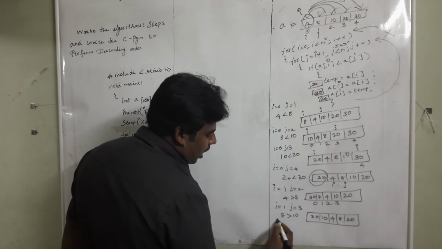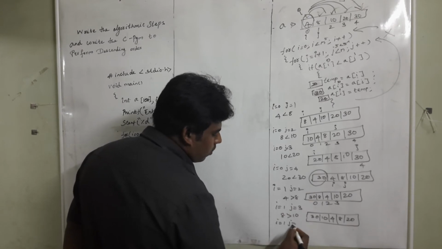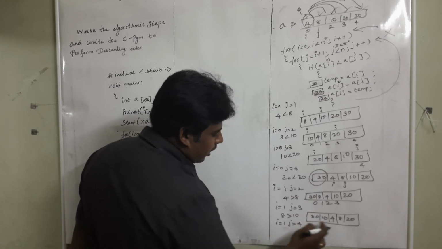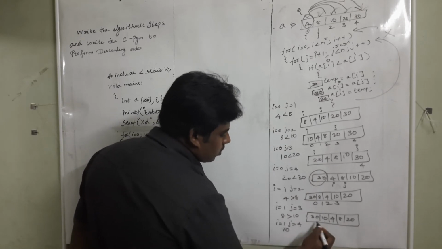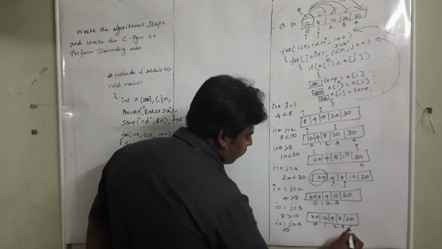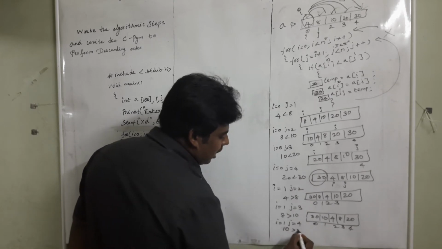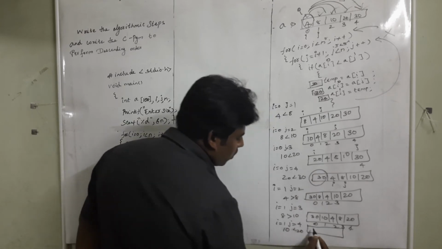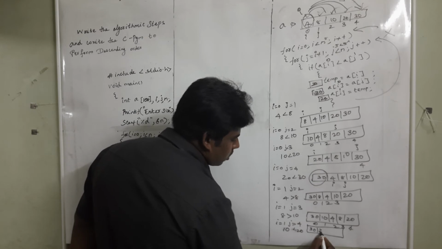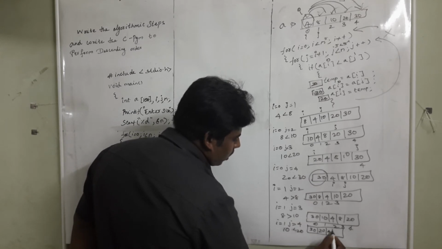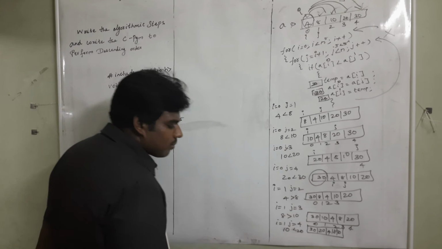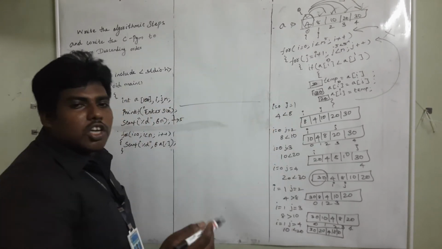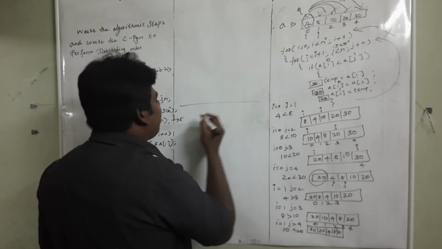Now you are comparing i equal to 1, j equal to 4. That is 1, right? 1 is 10, right? 0, 1, 2, 3, 4. 1 is 10. 10 less than 20. Again condition is true. So you will get 30, 20, 4, 8, 10. Now again the j loop is false. So now the i value will be incremented.